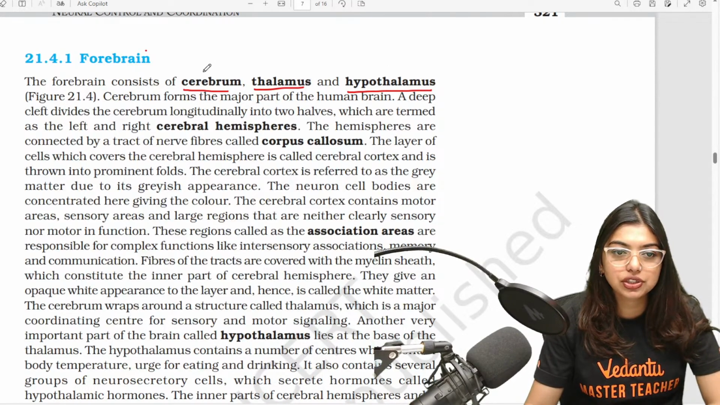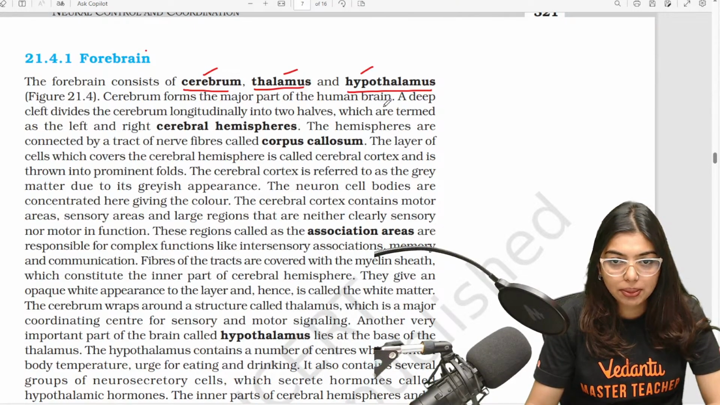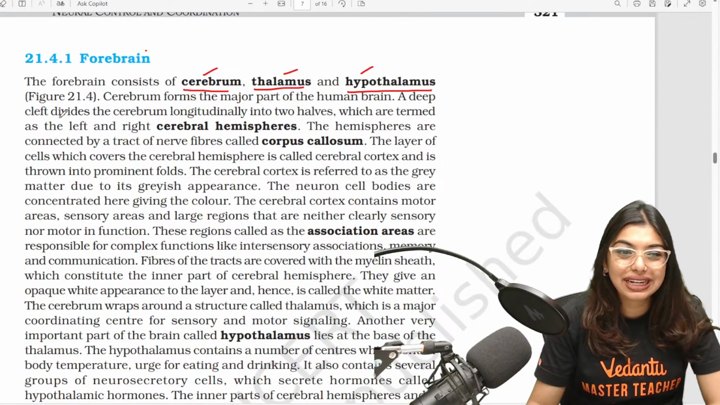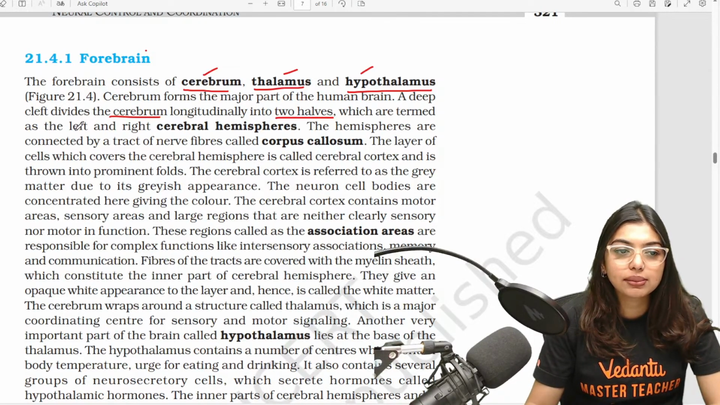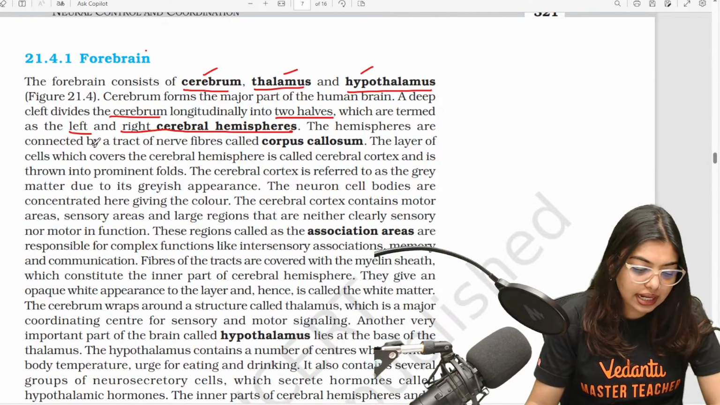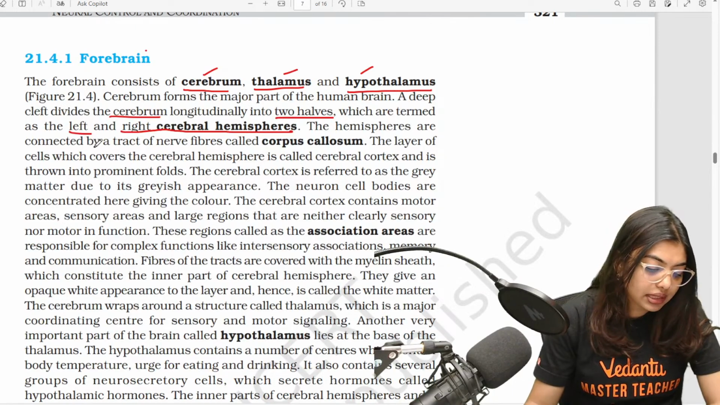Yes, cerebrum, thalamus, and hypothalamus. The forebrain consists of cerebrum, thalamus, and hypothalamus. Cerebrum forms a major part of the human brain. A deep cleft divides the cerebrum longitudinally into two halves, which are termed as the left and the right cerebral hemispheres. The hemispheres are connected by